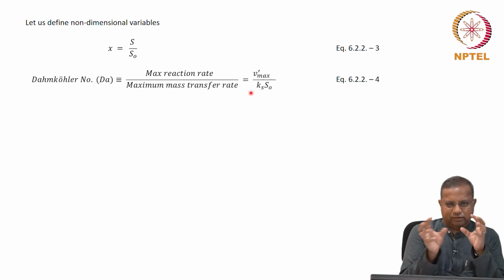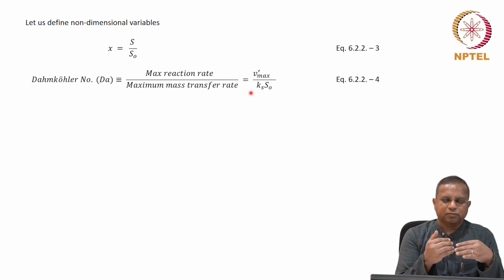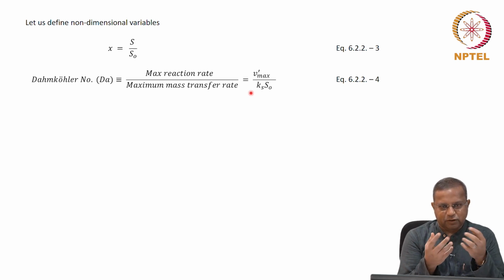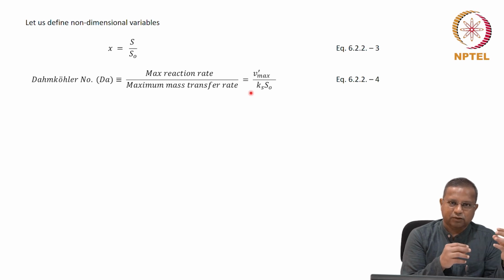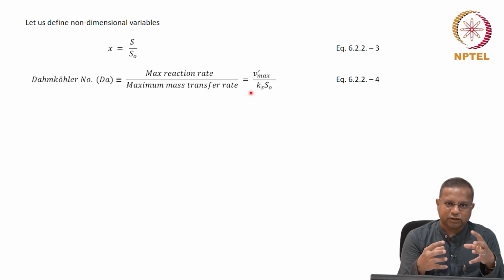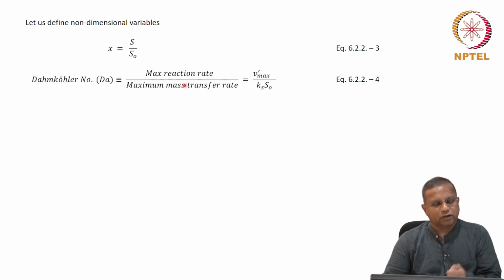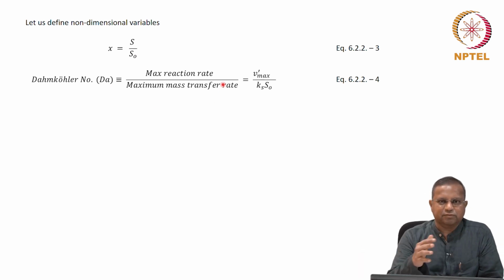So, it is a ratio of maximum reaction rate divided by the maximum mass transfer rate. So, we said there are two major processes, one is transport and the other one is the reaction. So, the Damkohler number gives us an idea as to which one is more important in terms of the maximum possible rates. These may not be the rates that are actually present in the particular situation. The particular situation could have influences from transfer, could have influences from reaction together if they are comparable, and so on and so forth. So, this gives us an idea as to, if you consider the extremes in both cases, what would be the ratio. So, that would give us some idea as to what to work with.